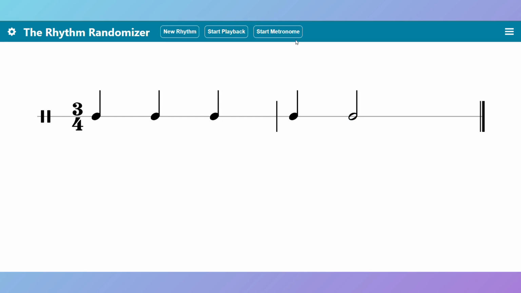So you can hear both the metronome and the rhythm, which is really, really great for being able to practice